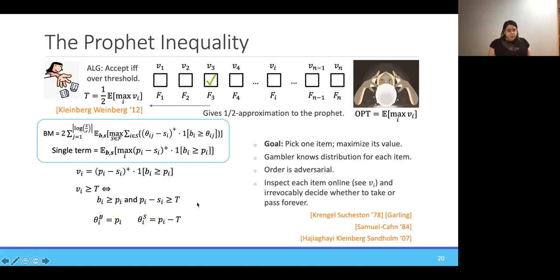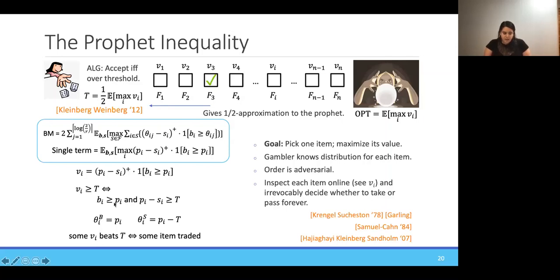And so what I want to do is set a price. Theta IB is going to be the price for the buyer at PI, and theta IS is going to be the price for the seller at PI minus T. And so what we see is that some VI, some item, beats its threshold exactly when some item is traded. Okay, so if some item beats its threshold,